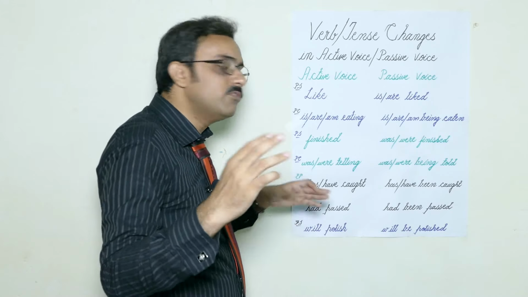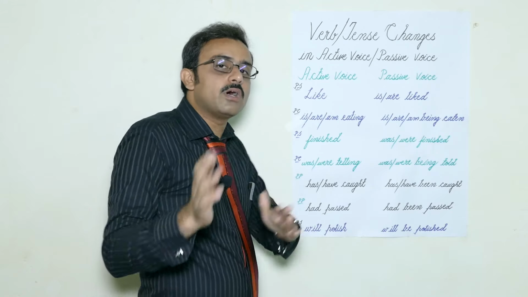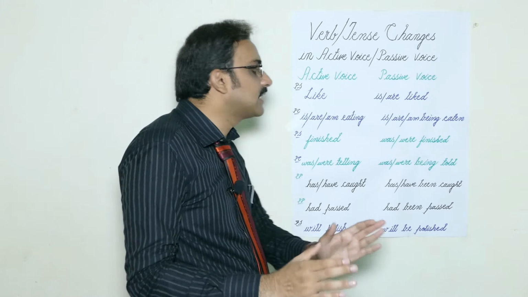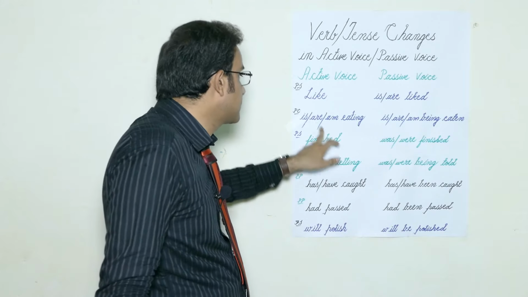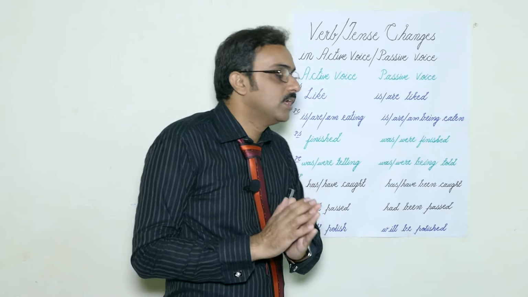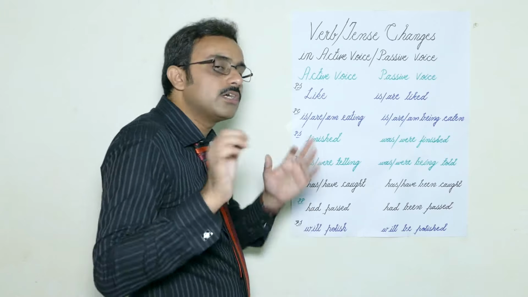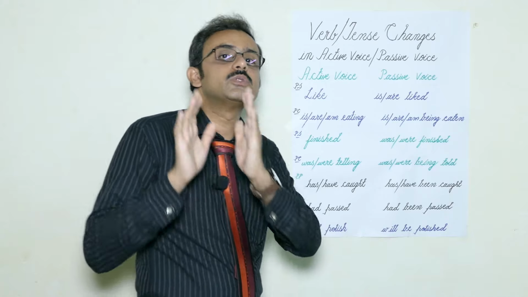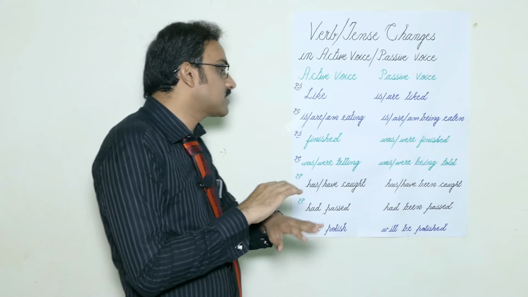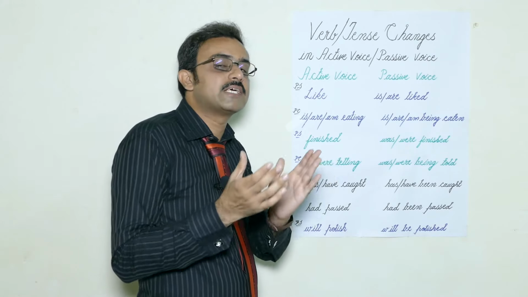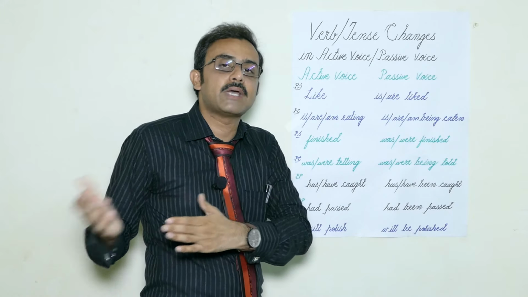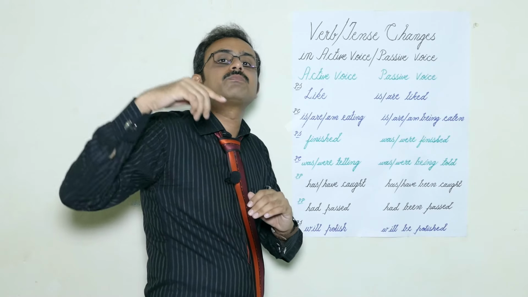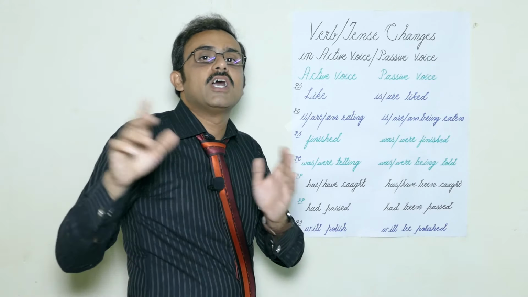Okay guys, after past simple, now we move towards past continuous. Look at the sequence. In present continuous, we used the auxiliaries is, are, am, and ing form. Similarly, in past continuous, we use was, were, and ing form. Means auxiliaries are used in active or passive. Either it is active, or it is passive, we use the auxiliaries only was, were. But we use present participle, means fourth form, ing form.